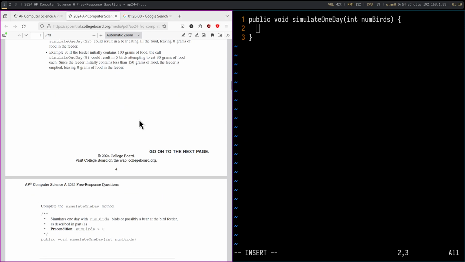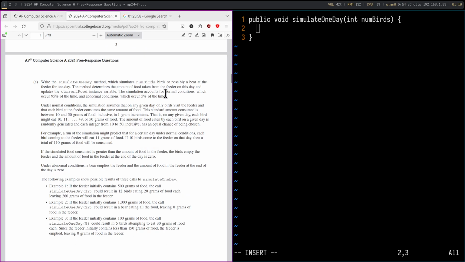Right. So what does it say? It says 95% of the time. So we need a number between, or actually we just need, double chance equals Math.random. This variable we'll just call condition. So we know that Math.random